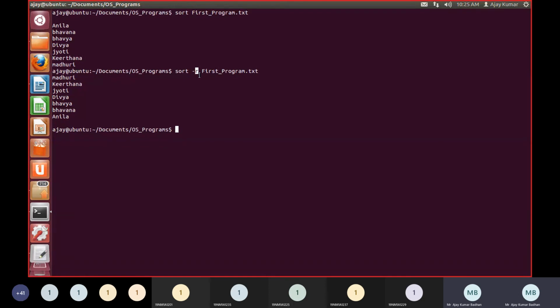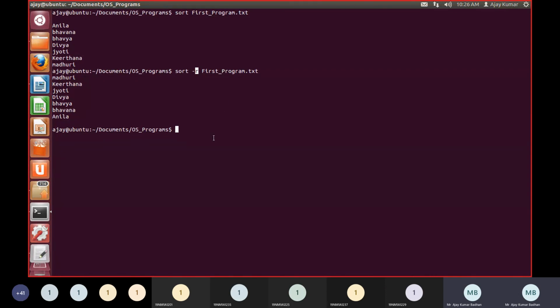So remember that. For simply displaying sorted output, we can use simple sort. It will arrange the elements in ascending order. If you want to reverse it, you can use the minus r option. If the numbers are present and you want to sort based on them, you can use minus n, and it will display in ascending order. But if you want descending order for the numbers, you have to use minus n r. So these are some of the things we have.